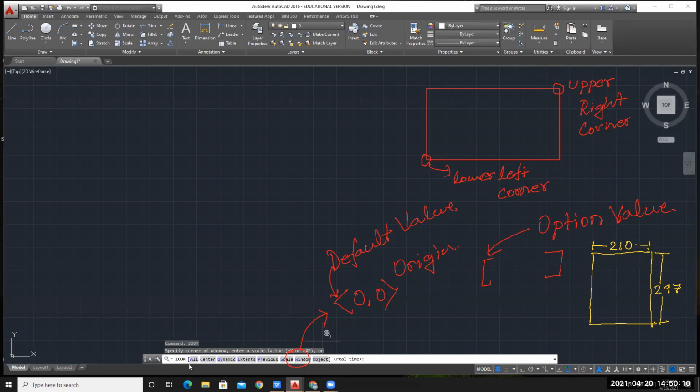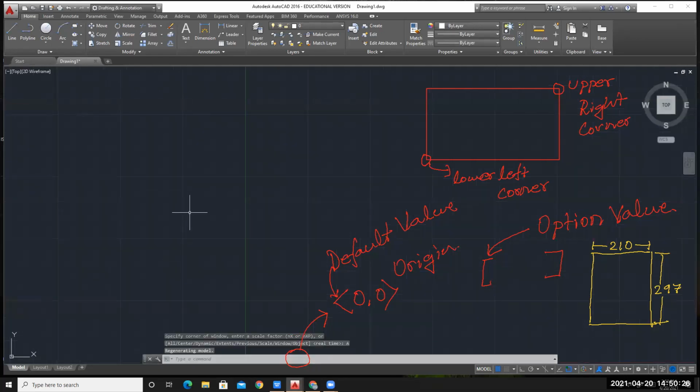As I told you, inside the square bracket your options will come, and here you can see the less than and greater than bracket, inside that some real time is written. So I would ask you to click on All. Whatever you have drawn or whatever limit you have specified, that portion will be fitted inside this visible screen. So this is what we have seen.